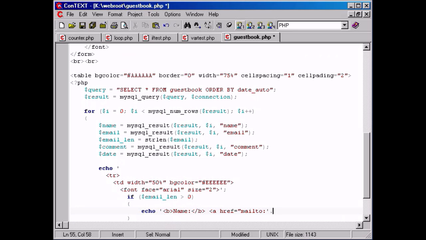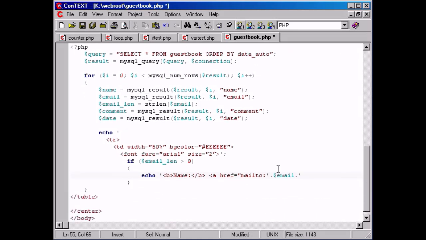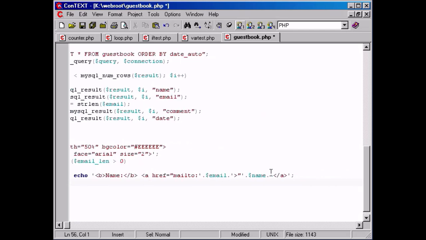So now at this point, we're outside of this section, adding on $email, and then concatenating back into more of the string. So mailto the email, and then again jumping back out, adding $name, the person's name, concatenate again, go back in, and the A tag, and that echo as well. So we echo out name and then actually create a link to their email and then write out their name